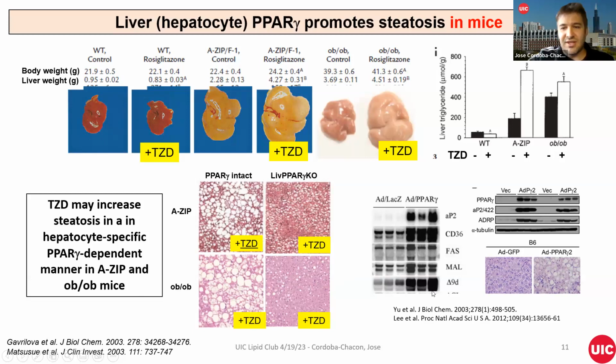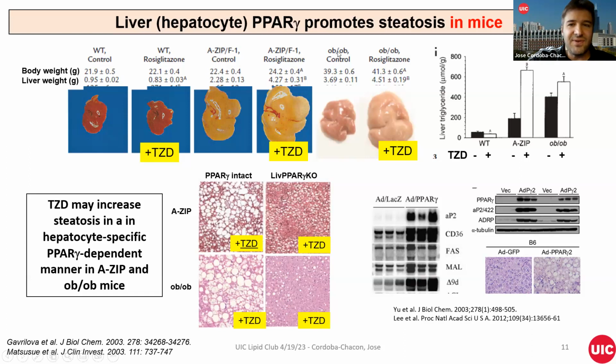Also, it was shown that the overexpression of PPAR gamma 1 and PPAR gamma 2 in the liver of normal mice promotes steatosis, suggesting that, yes, if this expression is increasing in patients with NAFLD, maybe that one could be bad. But these studies were considered to be a mouse-specific effect, and in humans, something else should be happening. So also, these studies were questioned because these